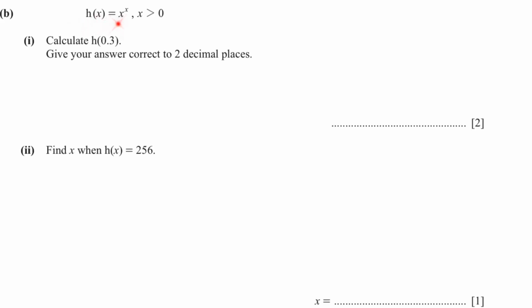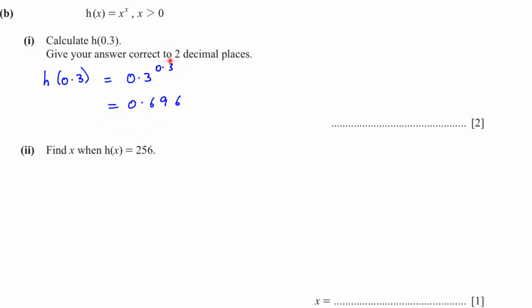B. h of x is equal to x to the power of x, and x is more than 0. In 1, calculate h of 0.3. Give your answer correct to 2 decimal places. So we have to find h of 0.3. It means we'll replace both the x's with 0.3. And we'll get